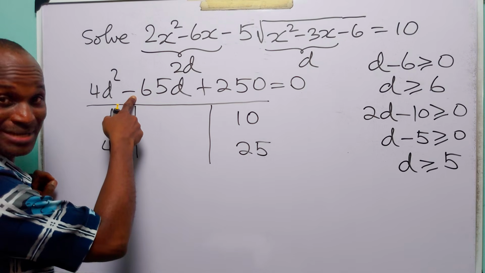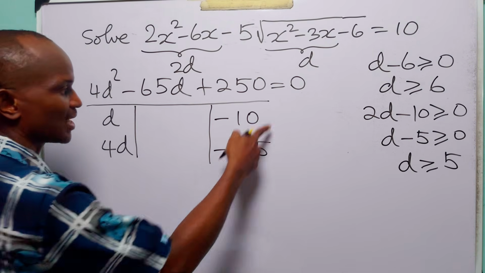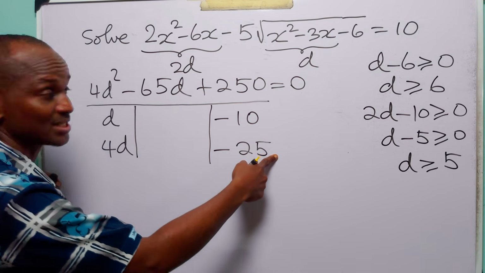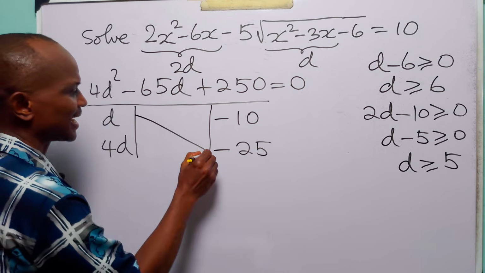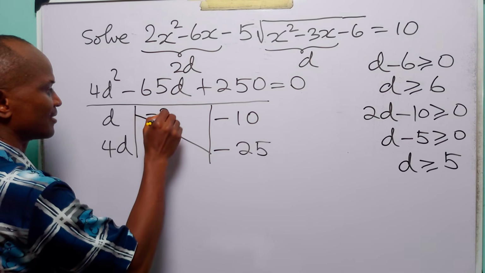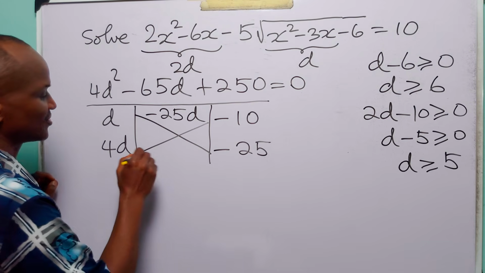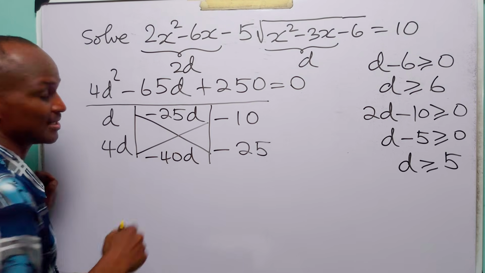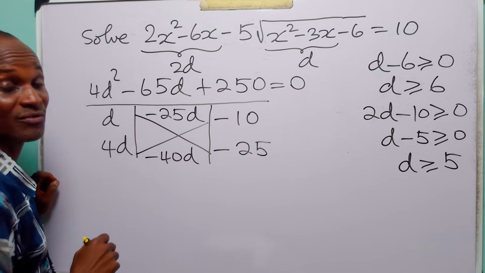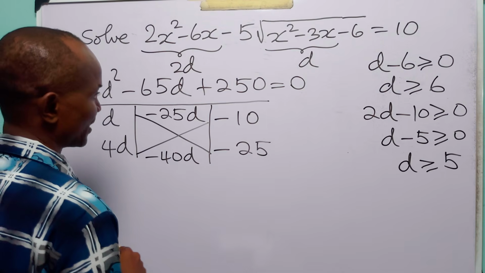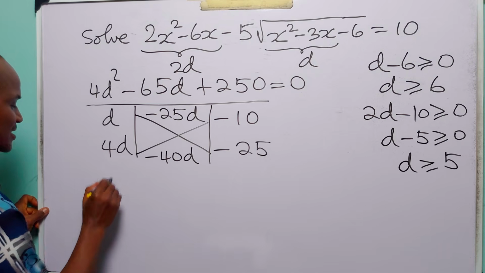But notice that the middle term is negative. So let this be minus 10 and let this be minus 25. Of course, you know that minus 10 times minus 25 is still going to give us plus 250. Now, d times minus 25 is going to give us minus 25d. And 4d times minus 10 is going to give us minus 40d. And of course, minus 40d minus 25d is going to give us minus 65d. So when we factorize the left-hand side of this quadratic equation, we have d minus 10